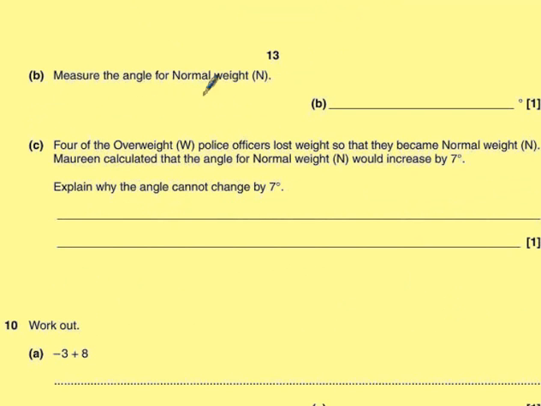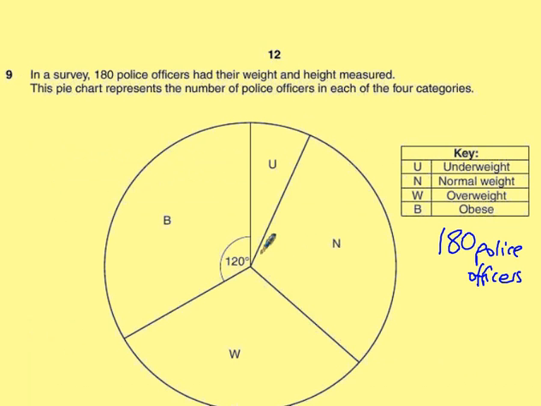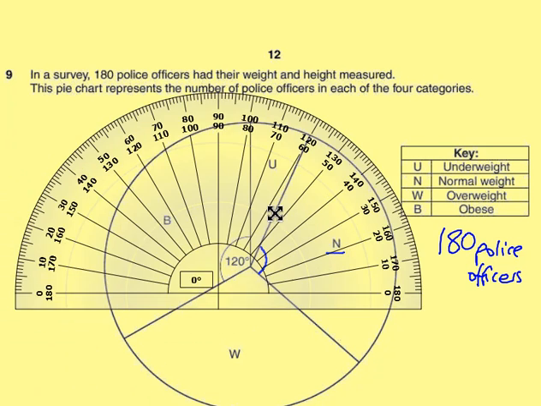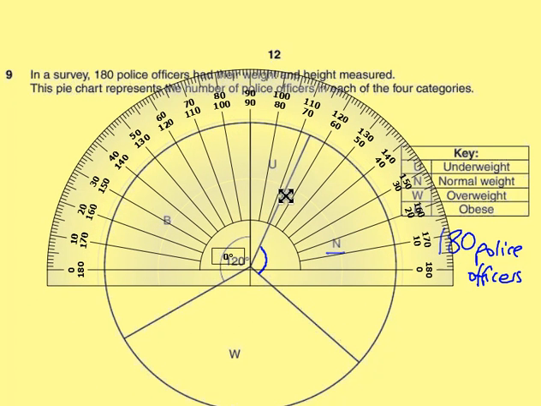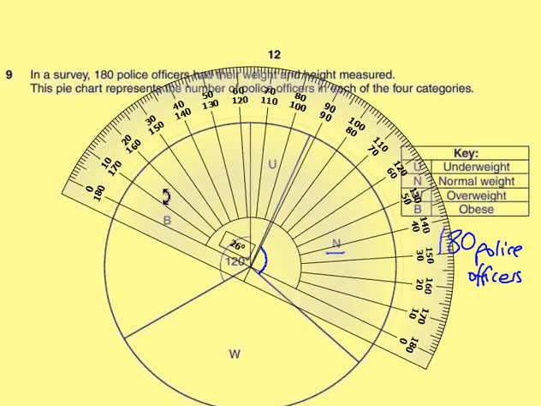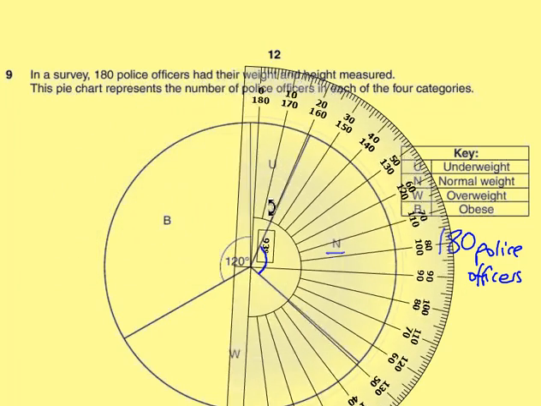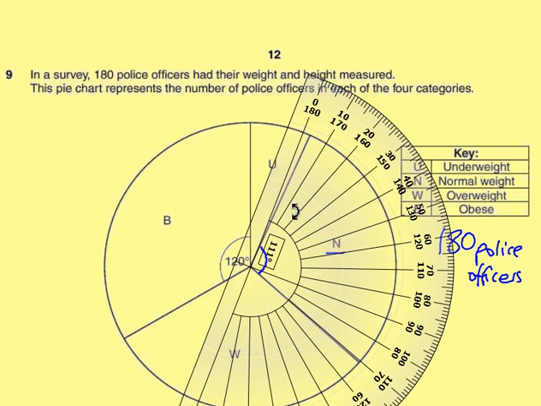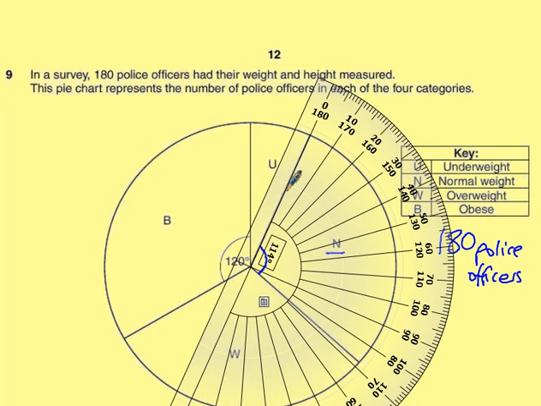Part B says measure the angle for the normal weight N. So we want to know this angle here for the normal weight N. So we're going to use a protractor. We're going to position our protractor with the centre on the centre of the circle. We're then going to rotate our protractor round so that we start with 0 on this line here. So starting with 0 on the line, we can then read off the scale,